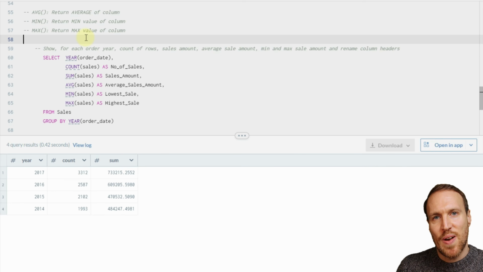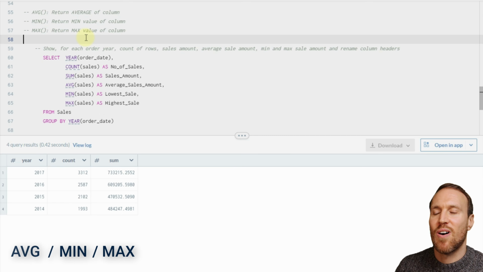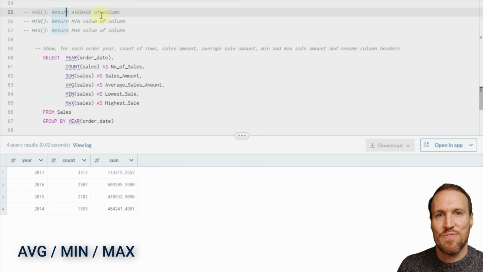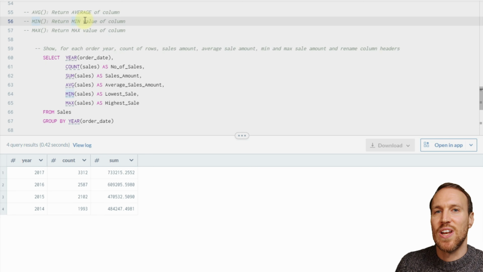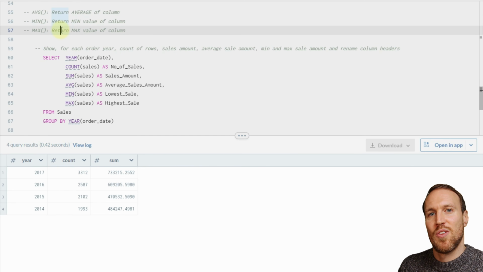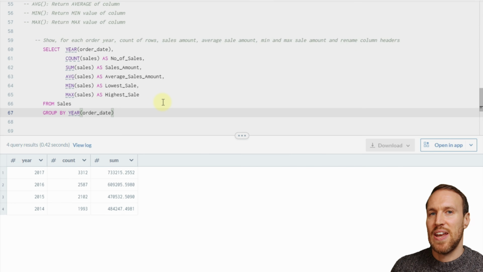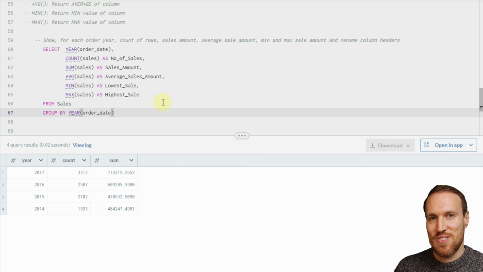So now we covered those various different aggregations. There are a few more that you can include outside of count and sum, and those are average, which will give you the average of the column, the min, which will give you the minimum or the earliest or the least of the value in the column, and then the max for the max or the most in that particular column. And now using our date as order date with year, again, we're now going to do all the aggregations as columns, rename them, and then order, and then group by